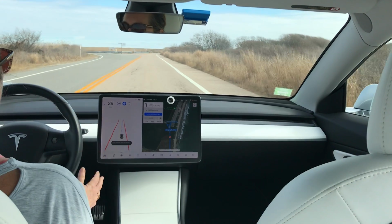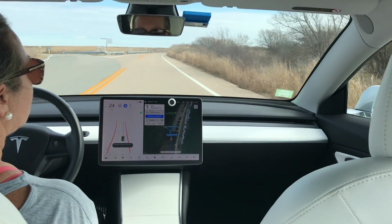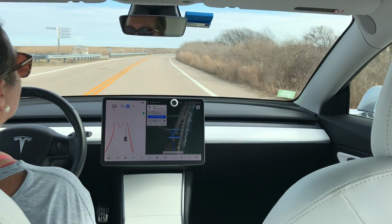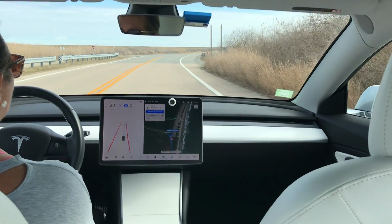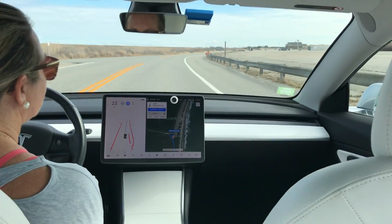That is basically, I think, autopilot crashing. This is going to be an interesting maneuver because it doesn't know where to go here. It's got to basically do...